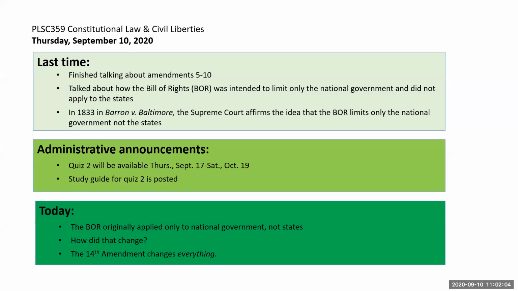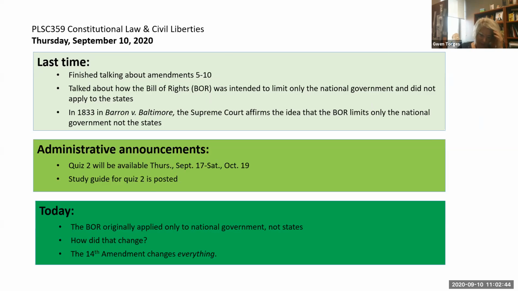Okay, so last time we finished talking about the rights in the Bill of Rights. Specifically, we talked about Amendments 5 through 10. And we also talked about how the Bill of Rights originally was meant only to limit the national government, not the state governments. And we also talked about the case of Barron versus Baltimore. In 1833, the Supreme Court reiterated that point